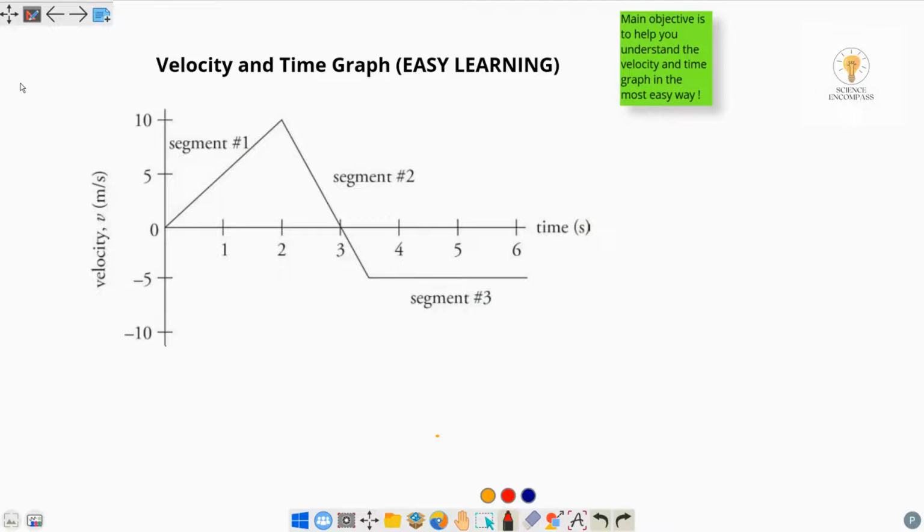Hello friends, today I'll be showing you the velocity and time graph and help you understand it in the most